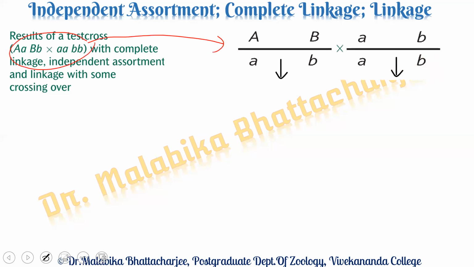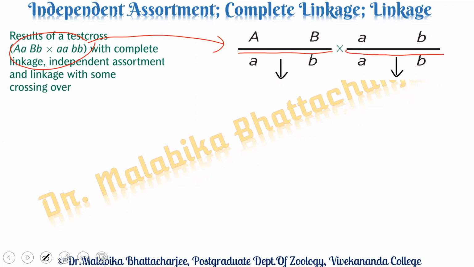This is that cross. So we have a capital A, capital B on one side and a small a, small b, which is the other chromosome, and this is the other genotype where we have both the recessive set, small a, small b. Now, when we are talking about gametes, these chromosomes during meiosis will separate out to form gametes.